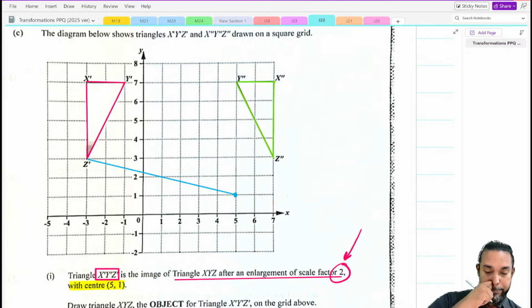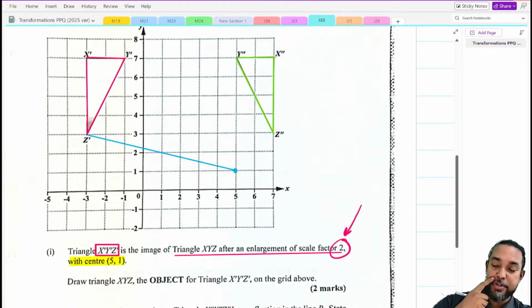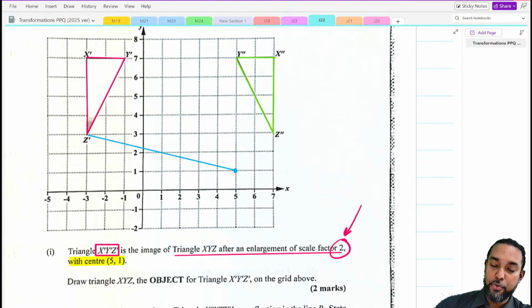Now, there's a principle with enlargement that says when you enlarge a shape, the image, the enlarged item, will be this many times more away from the center of enlargement than the original shape. What's this number here? 2. So this shape is double the distance that the original shape is from the center of enlargement. So if this is double the distance and we want to find the original shape, we have to find half that distance. So what we could do is we could simply,